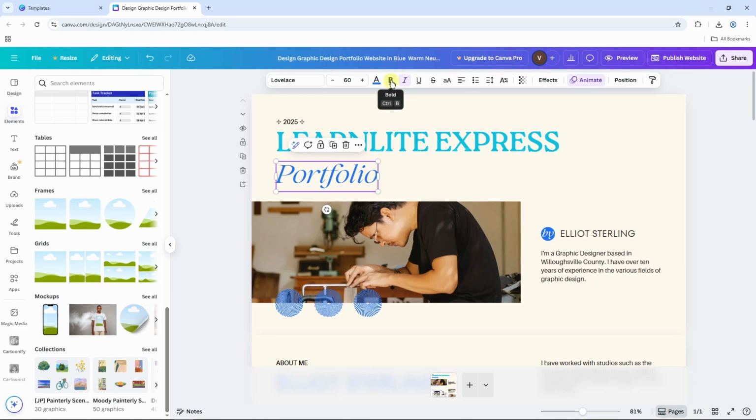So let's say I want to bold it, then select the text first, then click on bold. You can also italicize it, you can underline the text, and similarly you can go through all these options here to customize your text. So let's say I want to add an effect for this portfolio text, then for